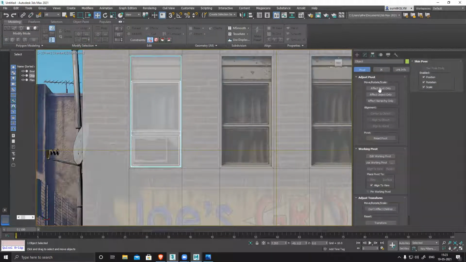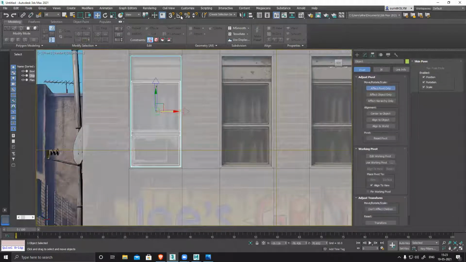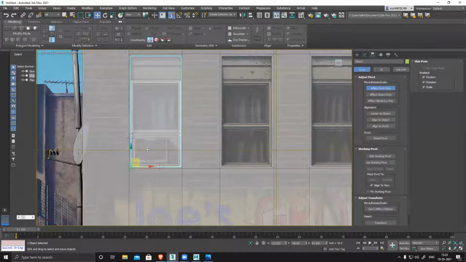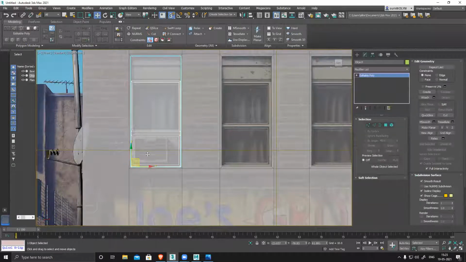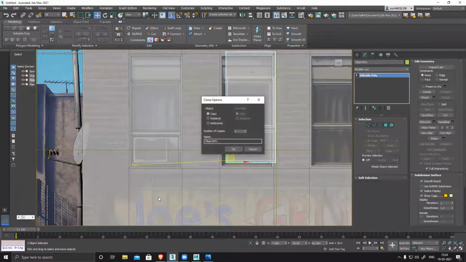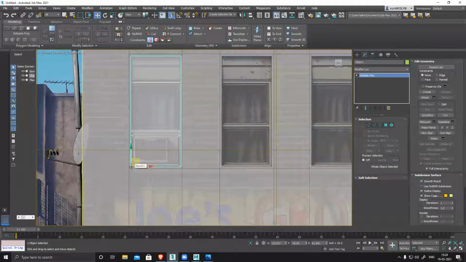Click on this pivot point, set a pivot, or I can switch on my pivot. Go to snap and check vertex snap is on, corner, done, shift, and just missed. I clicked the wrong one, so make sure to select the corner point.